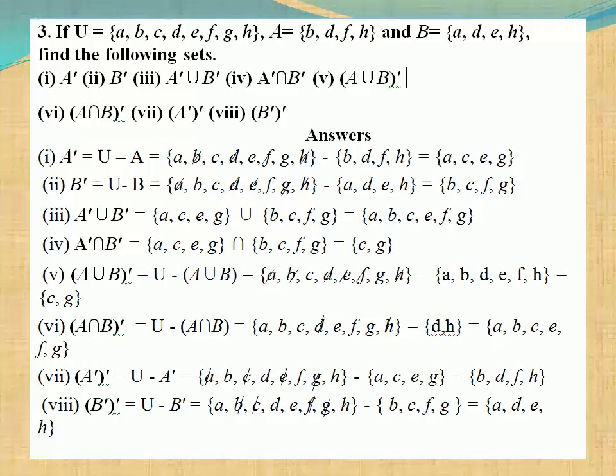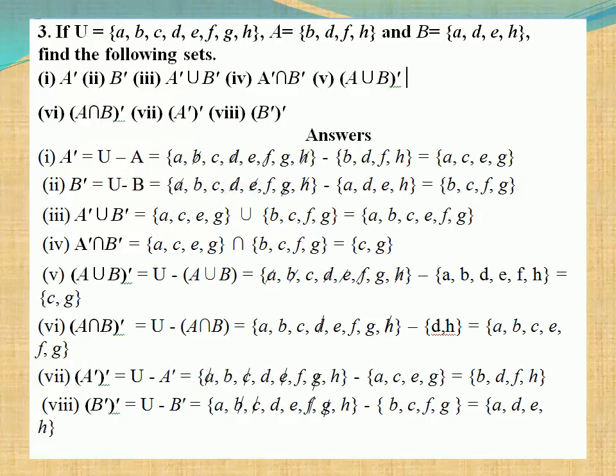Okay. Now if you observe, you get one result. See the fifth subdivision and fourth subdivision. Both the answers are same, because A union B the whole dash equals A dash intersection B dash. And next, if you look at the sixth subdivision and third subdivision, both answers will be same. See here also A, B, C, E, F, G, and in the third subdivision also A, B, C, E, F and G. So both are equal.